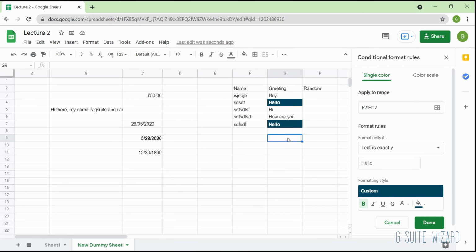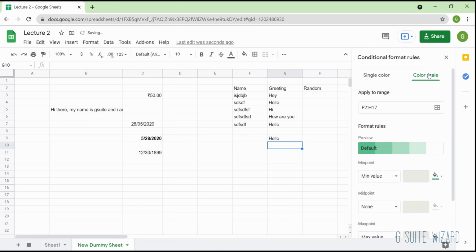Wherever you see hello, it will automatically change so that you can understand. These are the things that we can directly focus on instead of going through each and every word, right? And there is another option of color scale, which will be for showing the intensity, right? So let me just show you in this.